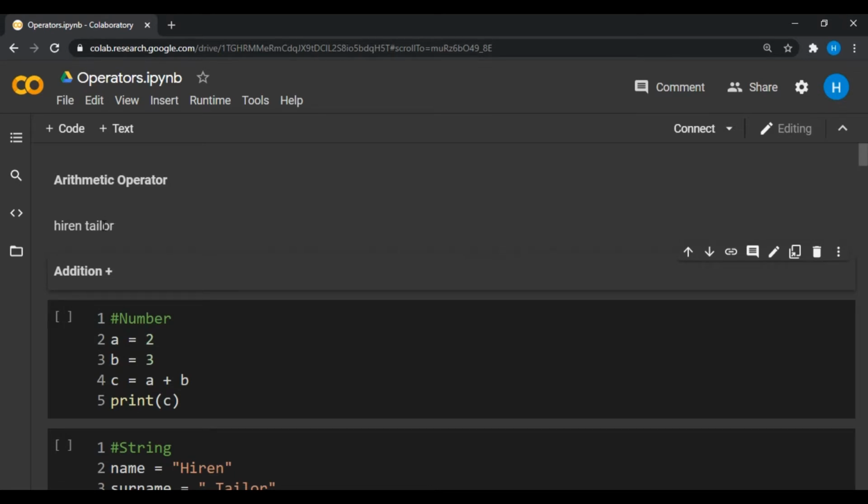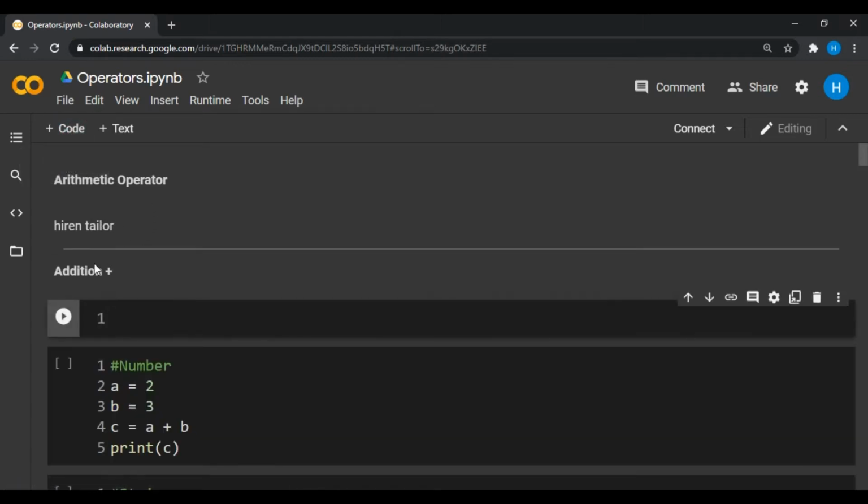It is not going to be included in our program. To write Python code, you need to click on code, and it will create a cell, and now you can use this cell to write your Python code.